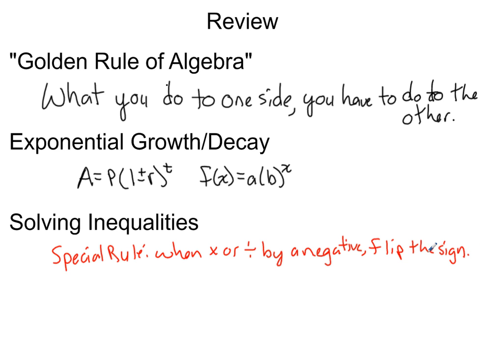When I say sign there, I mean the inequality sign. So if it was less than, it becomes greater than. If it was less than or equal to, it becomes